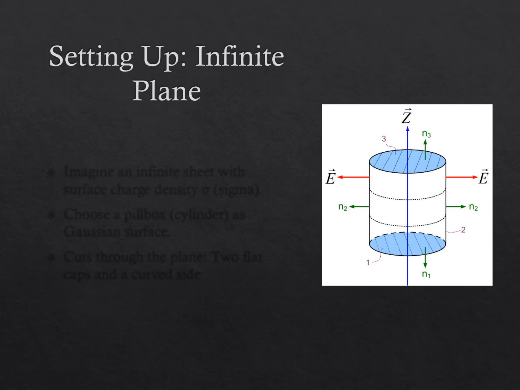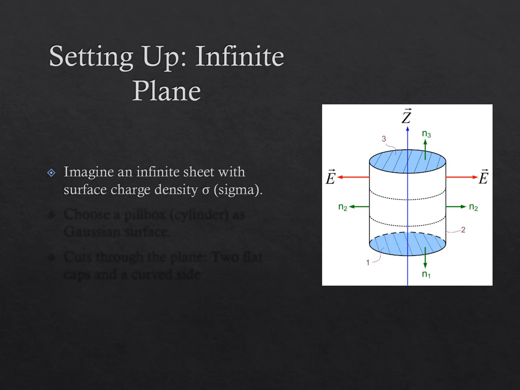So now we'll be going through the process of choosing the right Gaussian surface for an infinite plane. For an infinite plane with uniform charge distribution, we use what's called a Gaussian pillbox, a cylindrical shape. This pillbox has two flat circular caps and a curved side. In the image, the two flat circular caps are labeled as N1 and N3, and the curved side is labeled